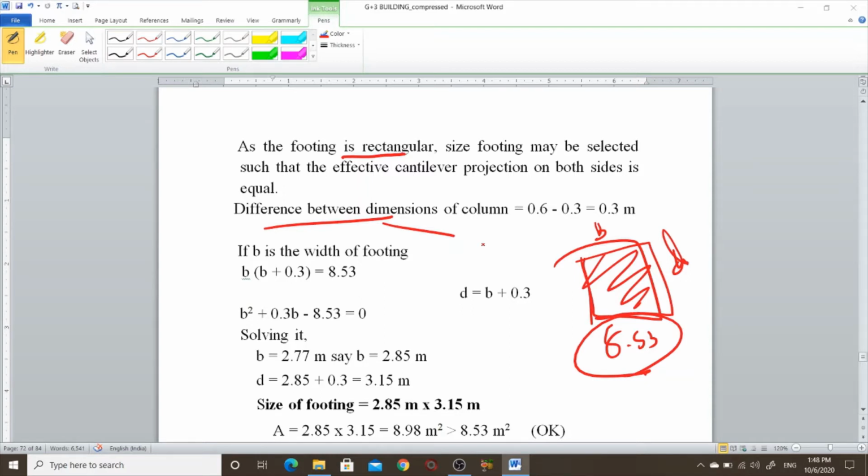Why this? Because footing is used for transferring load from column to soil. If your shape is mismatched, if your column is square and you decide a rectangular footing, then your footing will not transfer the load to the soil